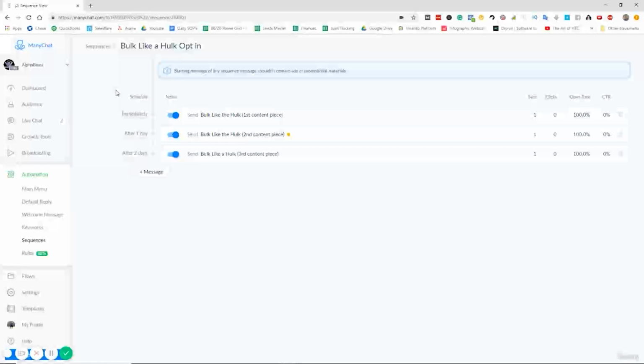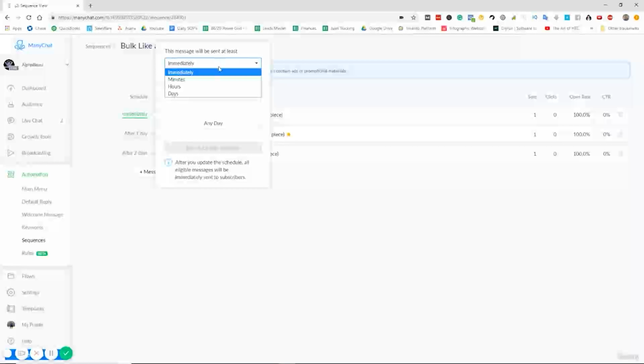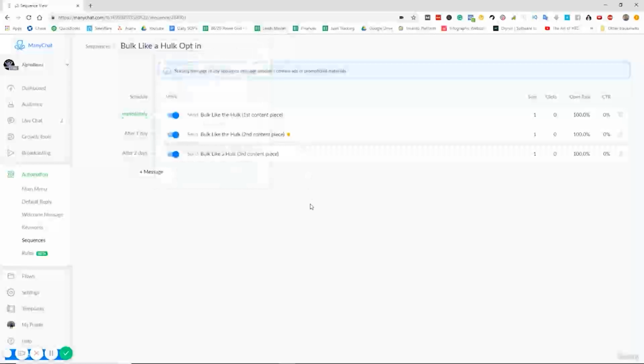Periodically. They can go out immediately. They can go out within, let me even show you here. So they can go out immediately. They can go out within minutes, days, hours, right? And so you can have up to, I don't know how many, like what's the actual limit here, because I haven't tested that, but just think about you having somebody opt in, or maybe for your client there, opt into a sequence where they, let's say, get some kind of voucher or something, or they want to make an appointment for something, and you can have this set up as like an autoresponder for them, so that it keeps on nudging them to make an appointment,